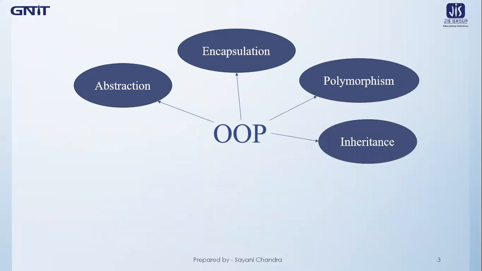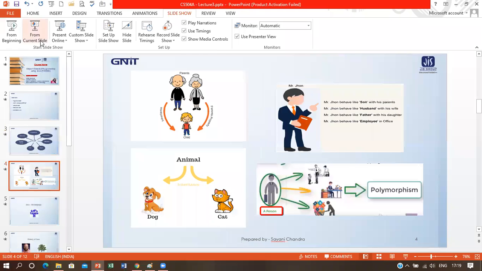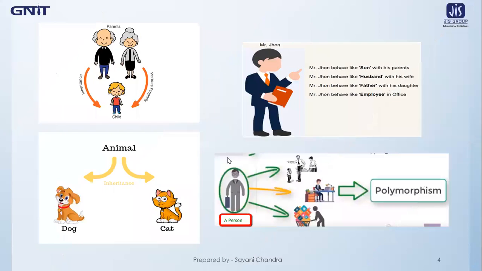So let's move on to the next concept, which is inheritance. Inheritance we have already discussed while discussing major elements of the object model. Inheritance is nothing but inheriting the properties of another class in technical terms. If we consider our family, then also we can see that the same inheritance concept happens. How? Let's see with an example.